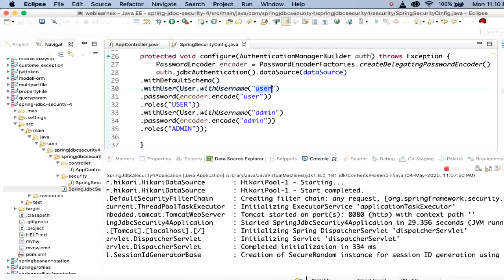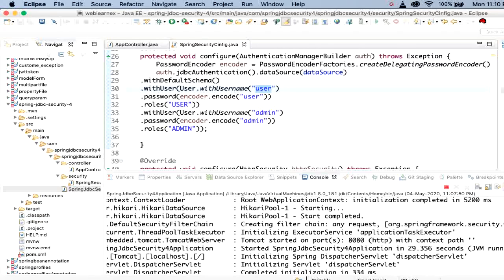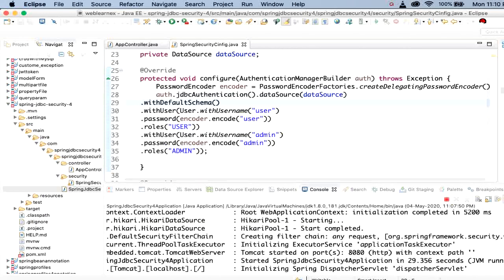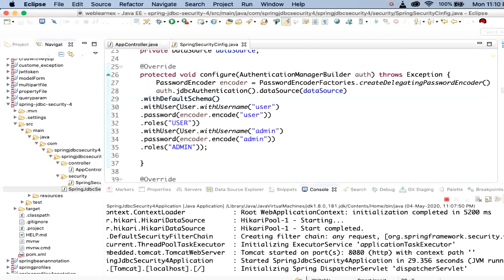So this is the way to create the default schema using JDBC security, but it's also not recommended because we are not going to fix the default username and password in our code base. It should require some DB to add the user and password.